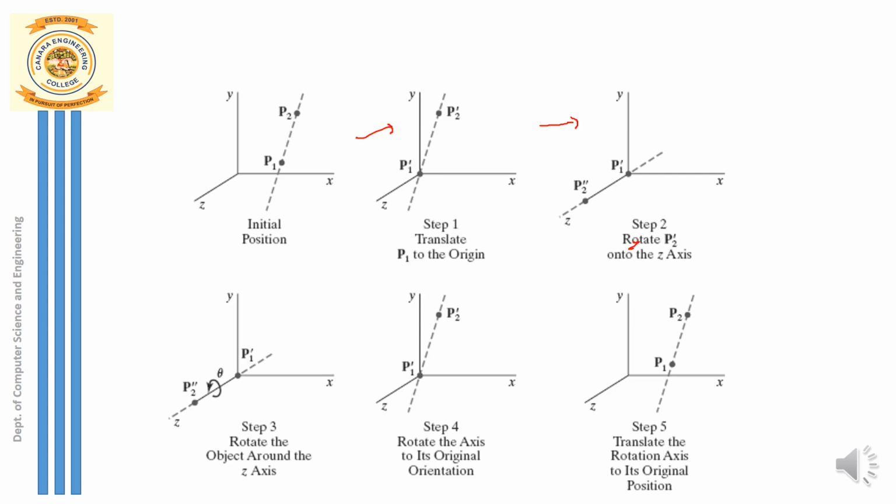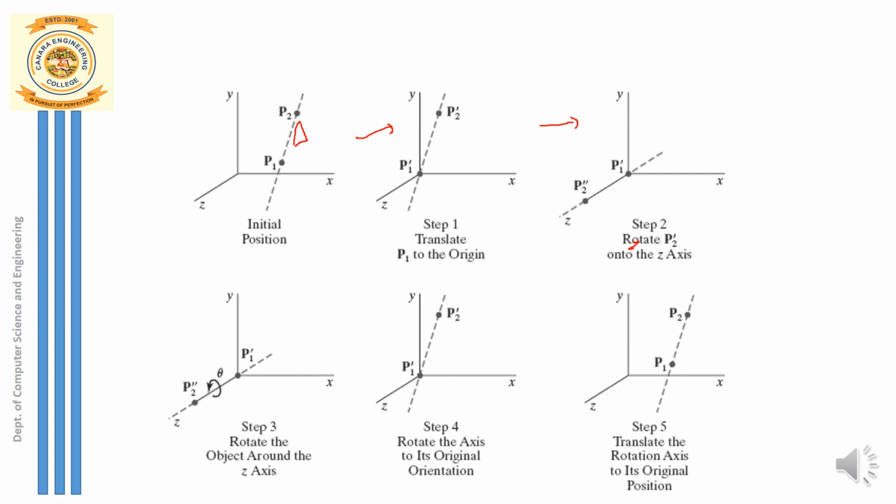But did we perform the rotation? We have to rotate the object along the z-axis, right? Where is our object? You cannot see the object, so you can assume any object, say a triangle, which you have to orient about this line segment, about the z-axis. You cannot directly align the object along the z-axis, because this line is not at all aligned to the z-axis.